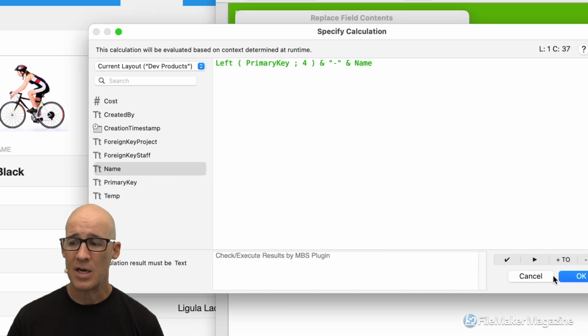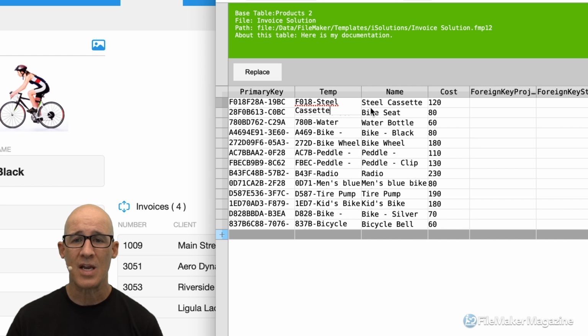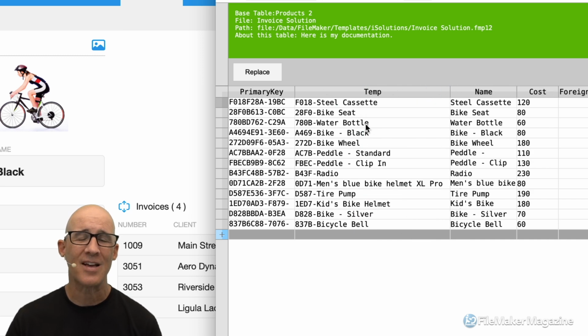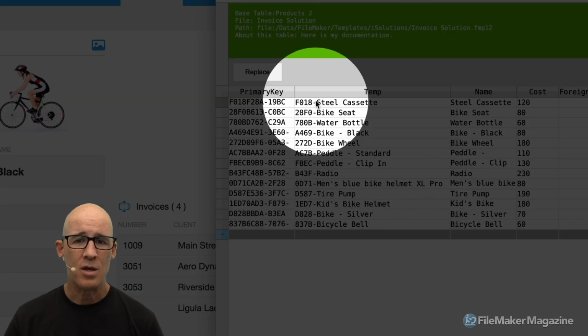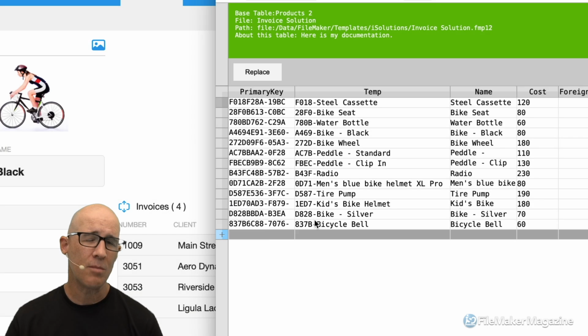I've got my calculation. I click OK. I click replace. It is done in a temp field, and I get exact results of what I want to see by being able to access that calculation engine with the replace. You can see that it's extremely powerful to be able to use